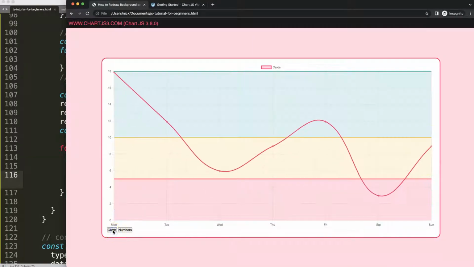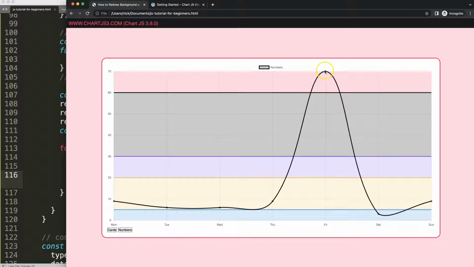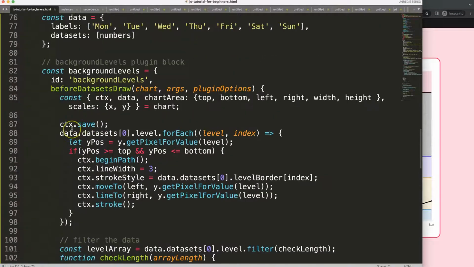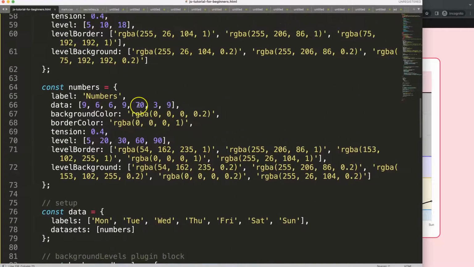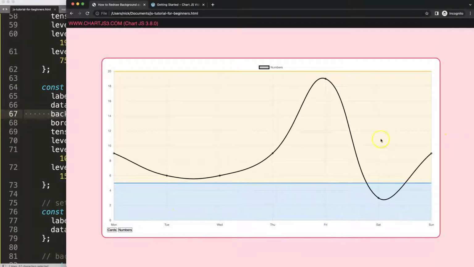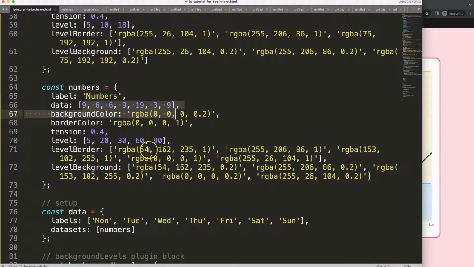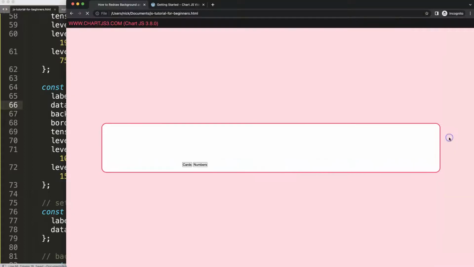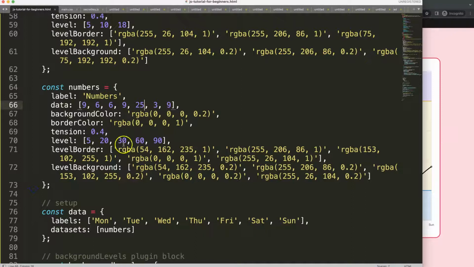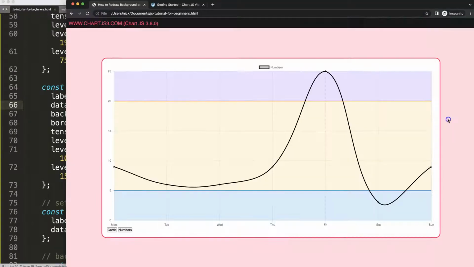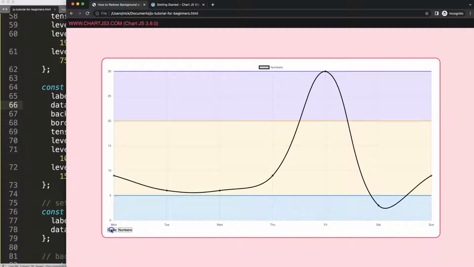And if I change this to cards, change that one. And if I change this even again higher, or let's see here what we have here, or let's change that. Instead of 90, we have now only 19. If I save this one, the number should be changed as well. As you can see here, it will modify now to the yellow color, which is that one here. And if I do this on 25, save, refresh, you can see now it becomes purple. And purple would be equal to 30. So if I do 30 here, we should see the purple line as well. There we are. Numbers, cards,